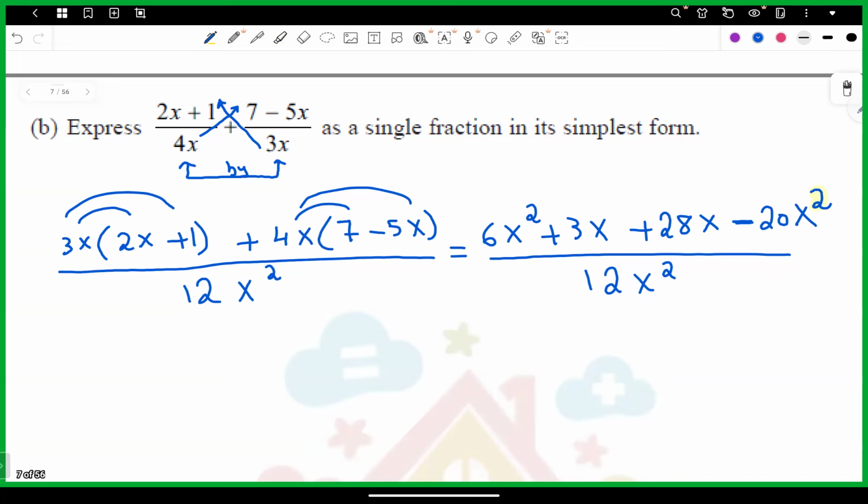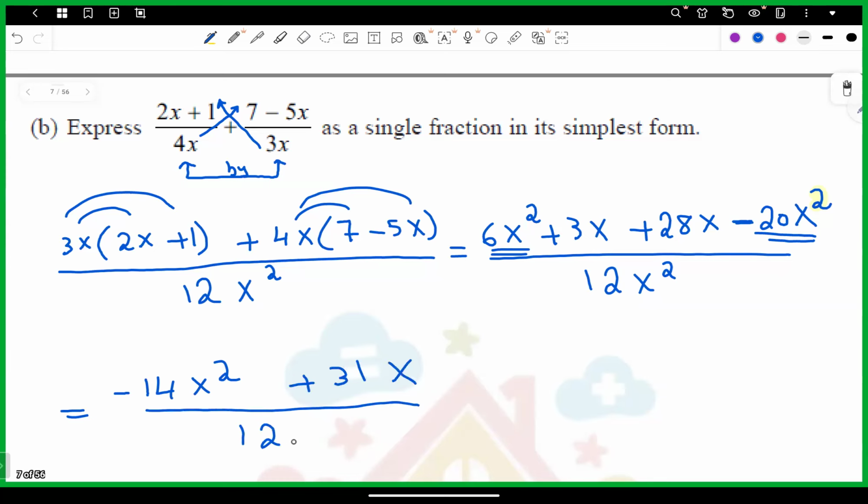So combine x squared with x squared: 6 minus 20 equals minus 14x squared. And then 28 plus 3 equals 31x